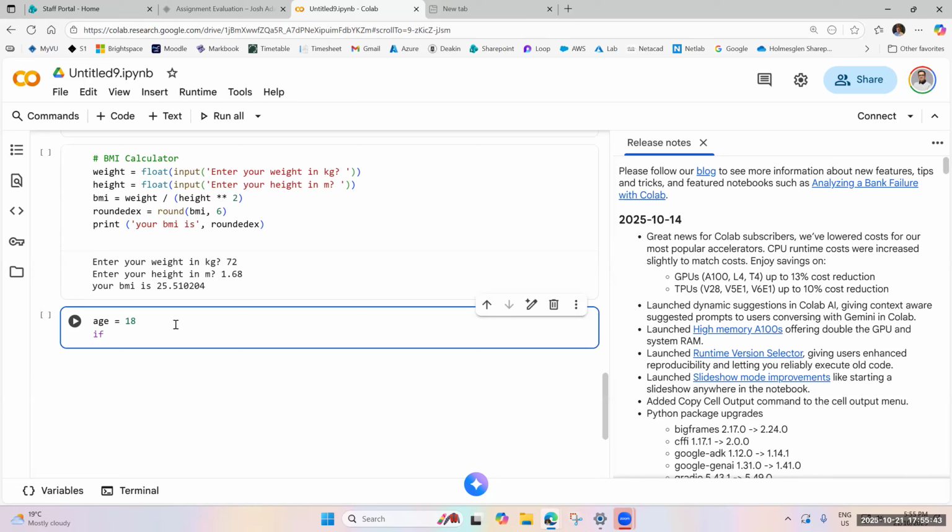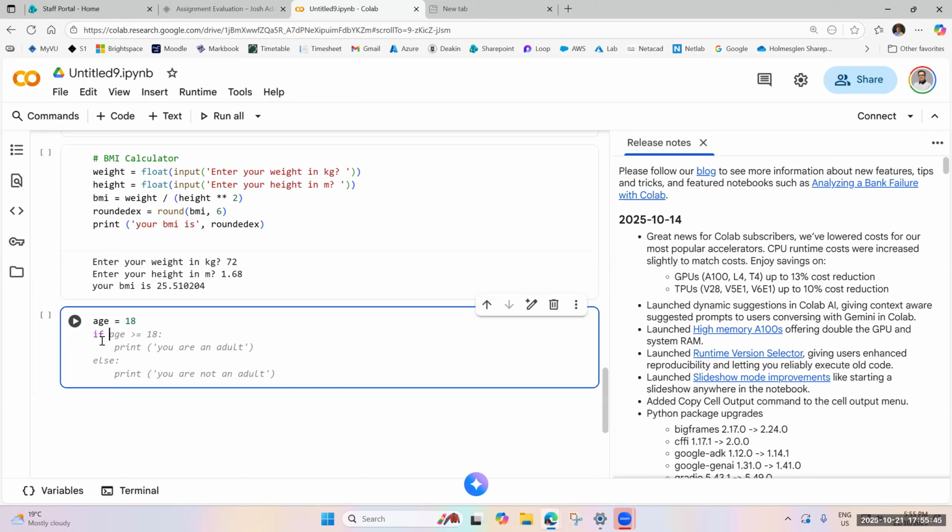Please check in Google Colab, when I type if, Google Colab automatically changes its color to purple. My variable is in black, the value is in green, and when I type if, Python here in Google Colab changed it to purple. Why? Because it's a reserved key. We already talked about reserved keys. So if age is bigger or equal than 18,